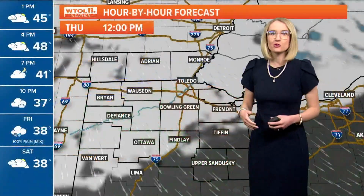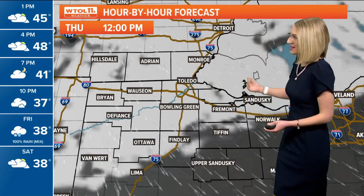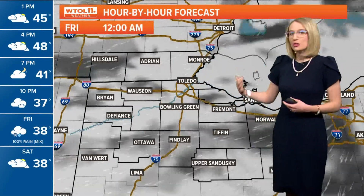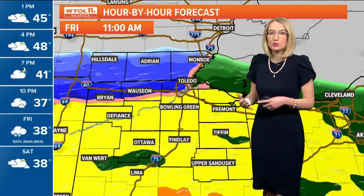As we zoom in, you're going to find today we have the quiet and dry weather. The clouds, yes, just as we anticipated, are here and there through the day. It's tomorrow morning, 8, 9, 10 o'clock, we will start to see some of that moisture starting to build in for us. So be mindful as we go through the mid to late morning that we will start to see the wet